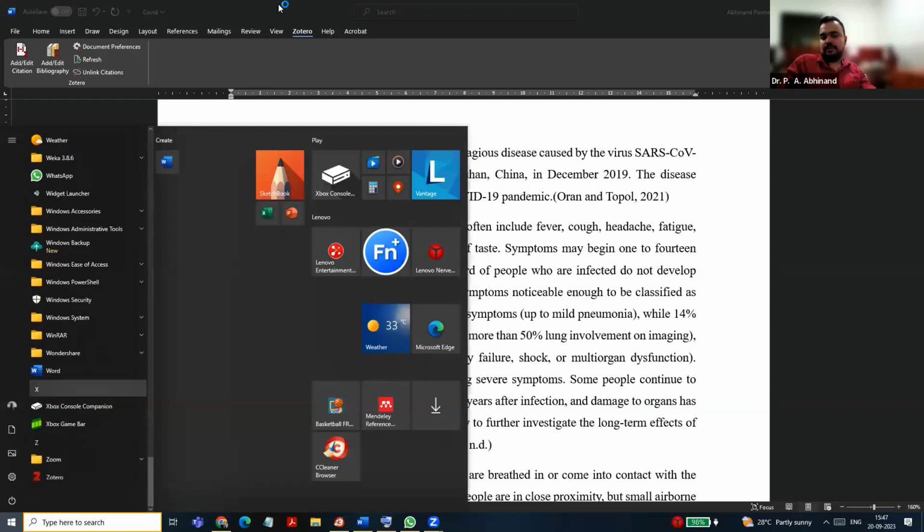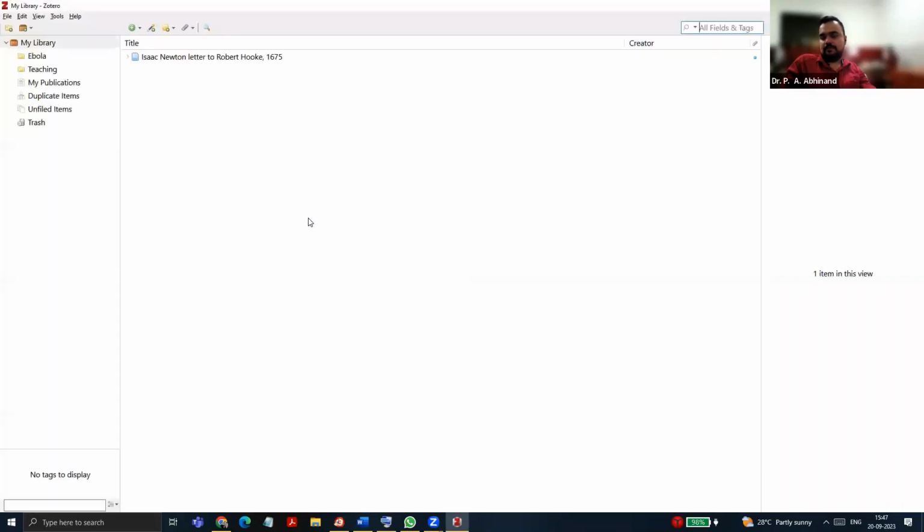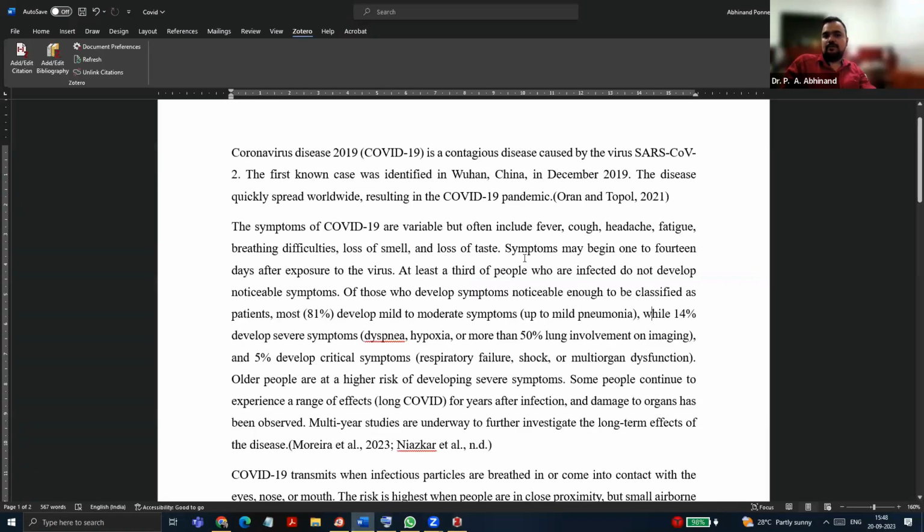Zotero is actually simpler than Mendeley, and it can work even with a copied version of MS Word. You don't even need a perfect version of MS Word for Zotero to work. So that's the good thing about Zotero. So this is Zotero. This is how it looks like, and I can use Zotero also.